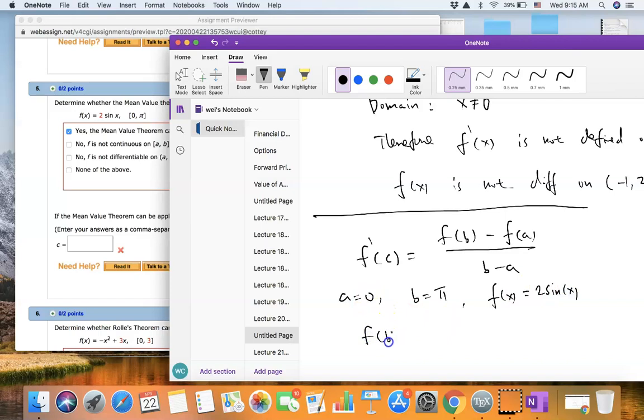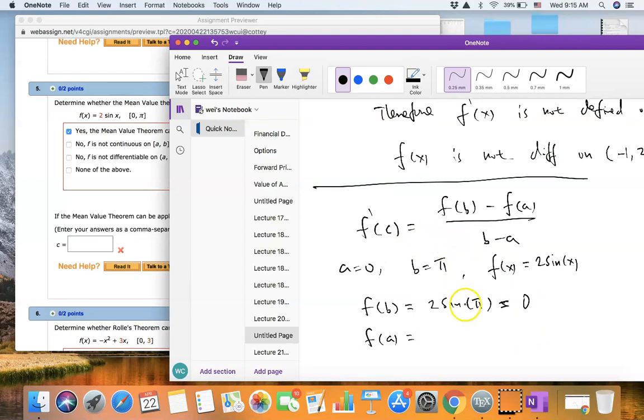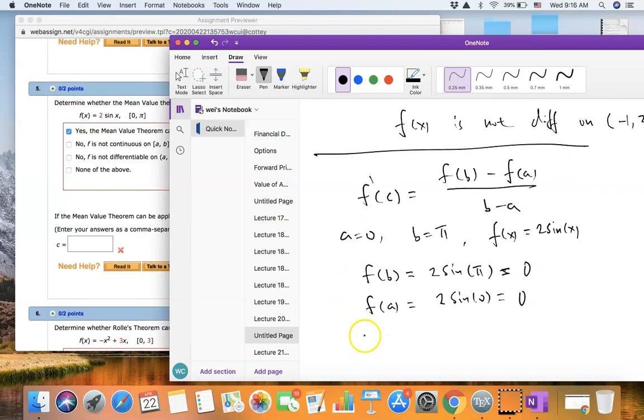So f of b equals 2 sine of pi. Sine of pi is 0. So 2 times 0 is 0. And f of a equals 2 sine of 0, which is also 0. Therefore, f of b minus f of a over b minus a equals 0 minus 0 over pi minus 0,